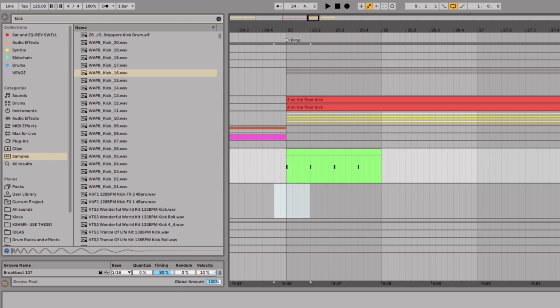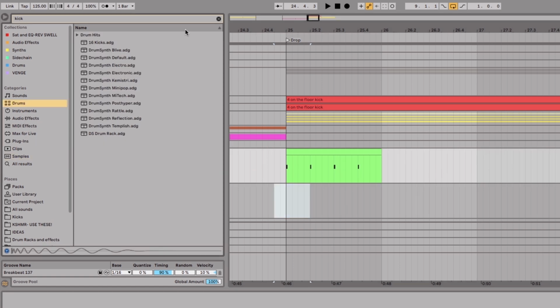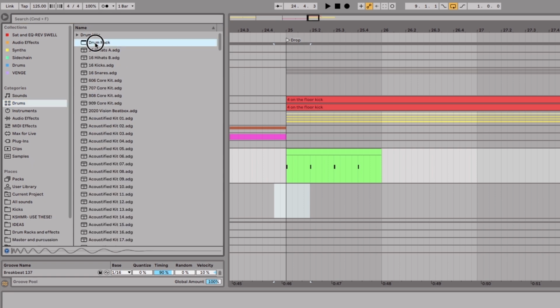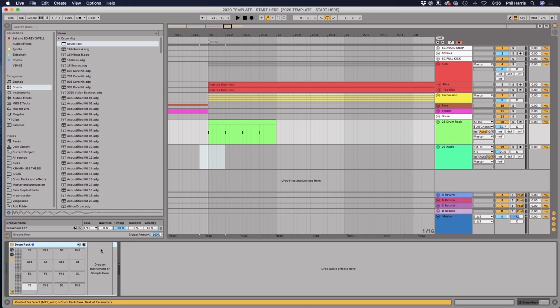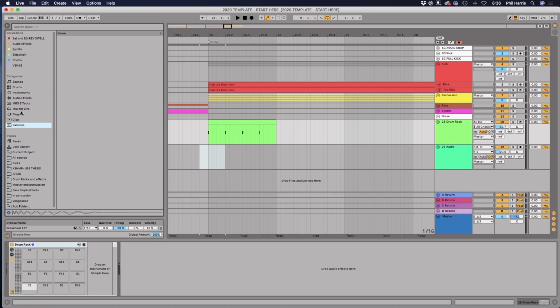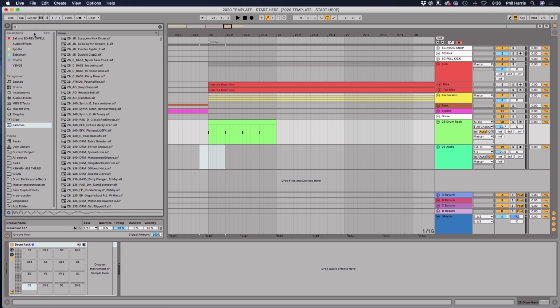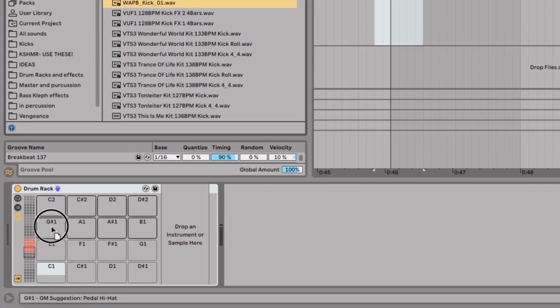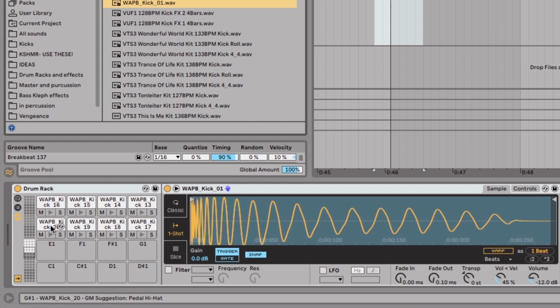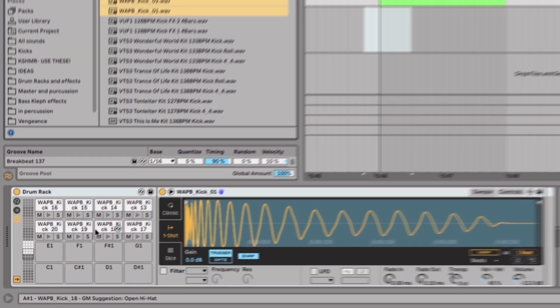So here's what you can do. I've got this MIDI lane here. I'm going to go to drum racks here, close there and just put a drum rack in like this, okay? And what you'll have then on this lane is an empty drum rack. Now we're going to go back to samples. I'm going to go and grab those kicks again. And what you can do is just grab these kicks like this and drag them into a drum rack down here. So we now have all of our kicks in this drum rack like this,